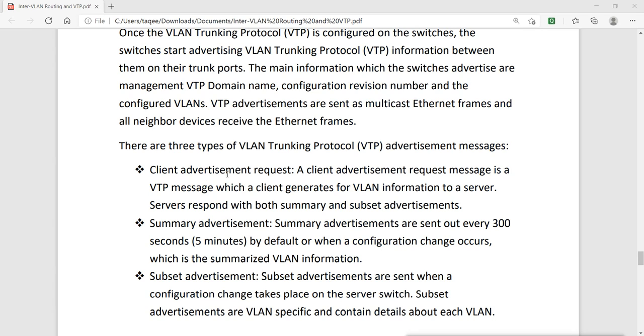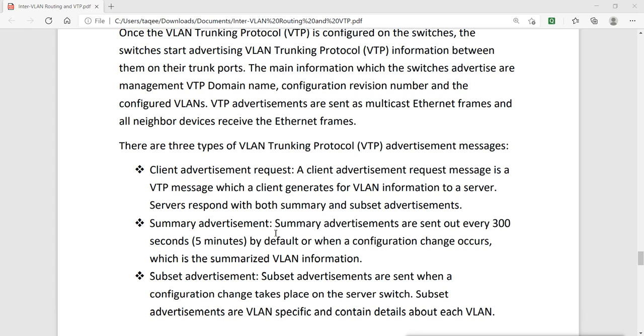So this is the advertisement message which the client sends to the server to get the information about the VLANs. Then summary advertisements are sent out every 300 seconds, that is 5 minutes by default, or when a configuration change occurs, which is the summarized VLAN information.